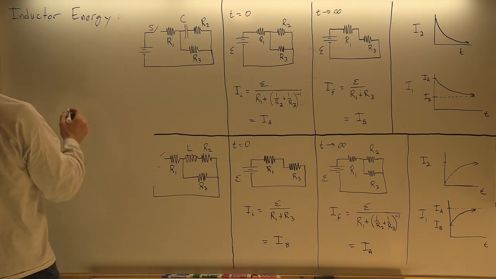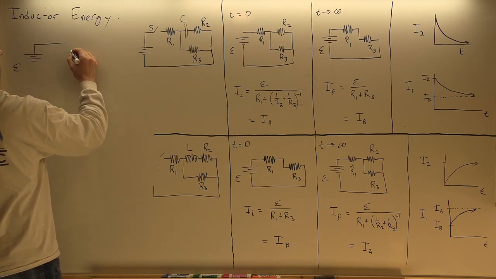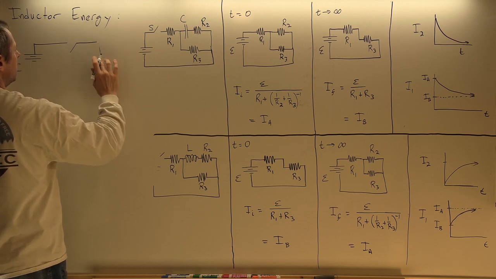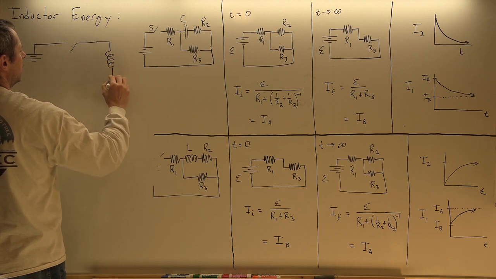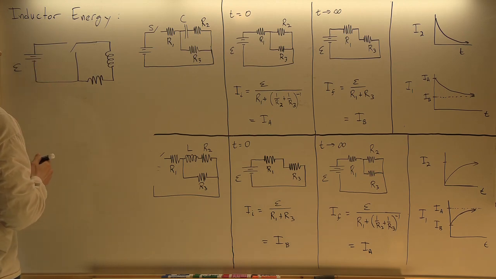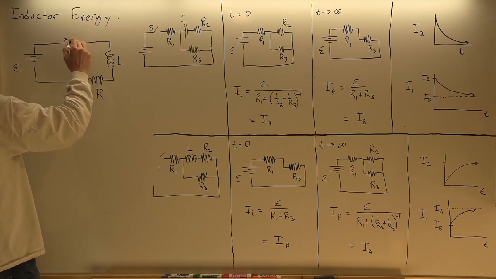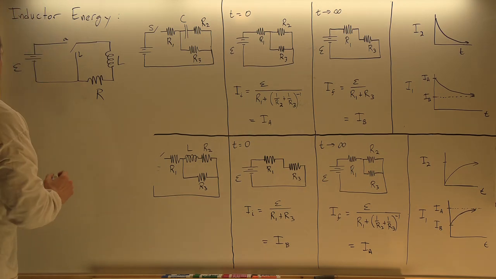I showed you this circuit already. So this can be used to, first, when the switch goes into A, allow the current to build up in the circuit. Then, when the switch goes to B,